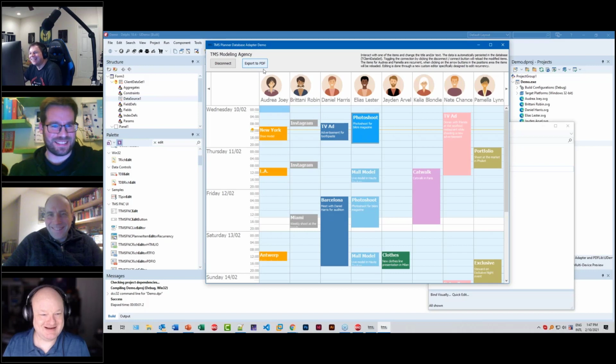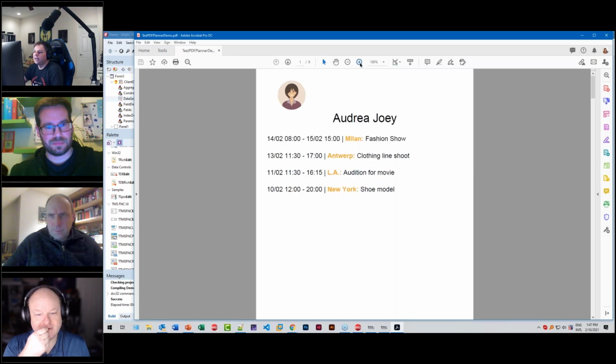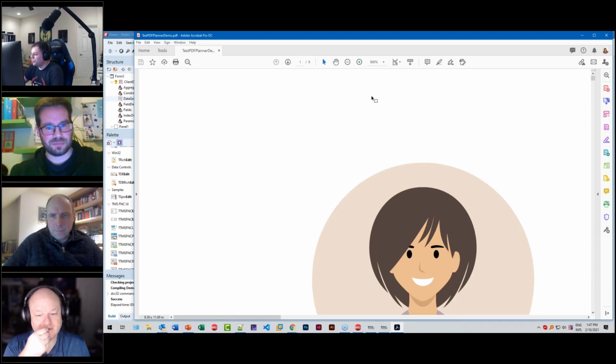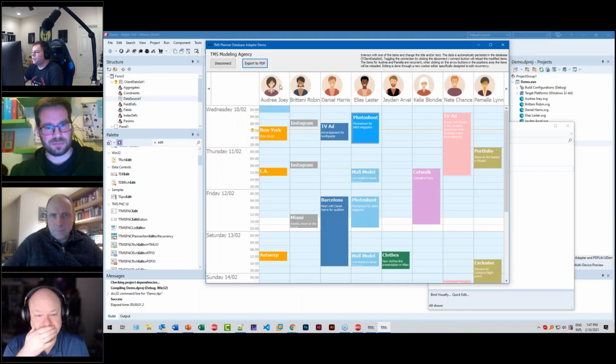Okay, okay. So the PDF export, just to show it real quick, this is actually the first instance where the vector looks better, because obviously a PDF has a resolution of 600 dpi and a computer screen has a resolution of 96 dpi, if it's not high dpi. So this image, if we zoom in, is actually rendered crystal sharp. No matter if we would have used a bitmap or a PNG in the Delphi application, it would be pixelated, and this doesn't get pixelated. I could size this up